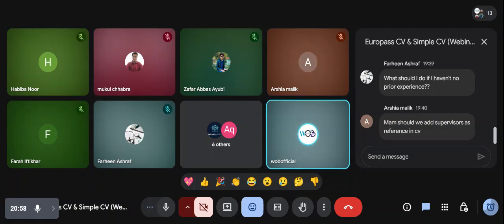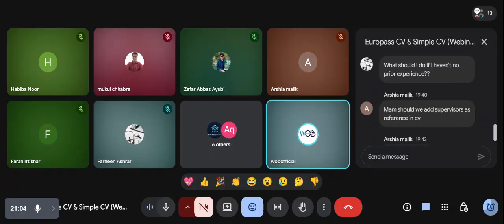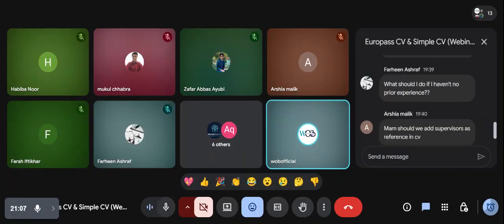What should I do if I have no prior experience? Then you have to work on yourself to get a lot of experience. Farheen Ashraf, I'm not sure if you are a bachelor student or a master student. If you are a bachelor student, you can do a lot of short courses on Coursera, and even LinkedIn has a lot of courses.